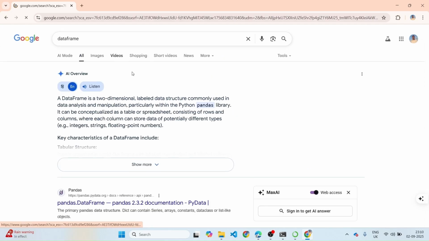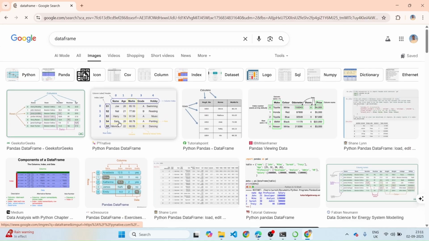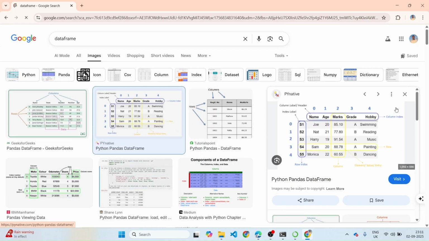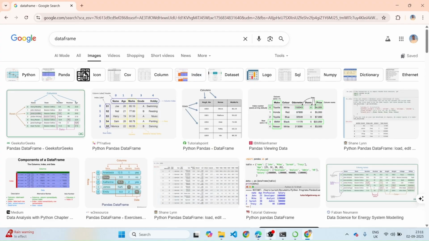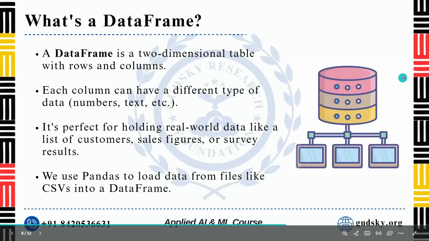Simply go to images. I will show you some more. Here you can see an example of a data frame. There are different columns and different rows, each column with different data types. Like it's a string, here it's a number, a float value, a character, and here again a string. You can see just like that. It's an example of a data frame. Now moving forward,